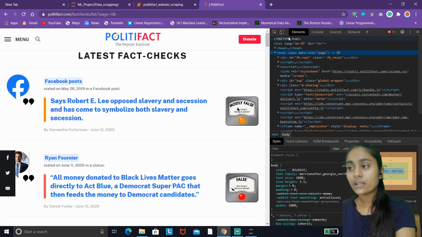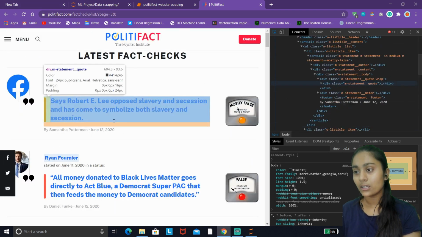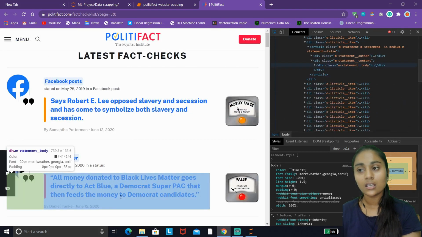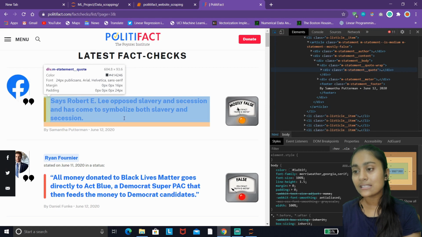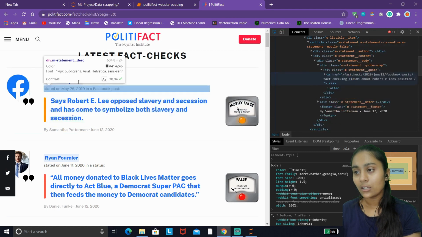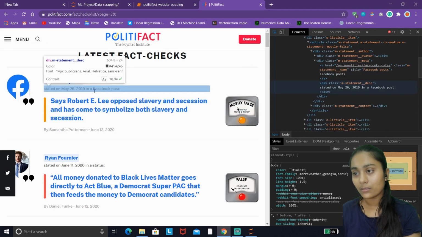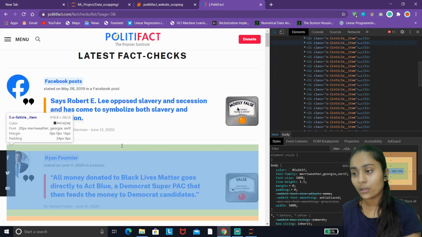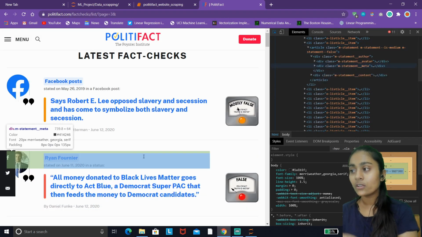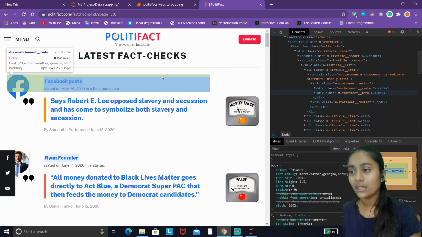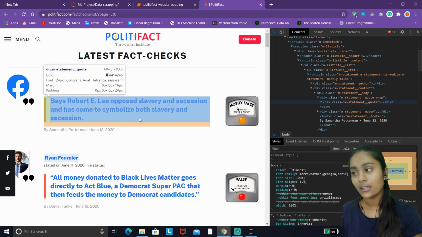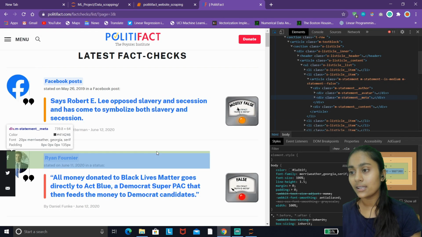Then to inspect any element on your web page, just press Ctrl plus Shift plus C, and you are ready to select any element on this web page. And as you can see, when I am moving over these items on my web page, the source code of HTML is changing dynamically, just like this, right?